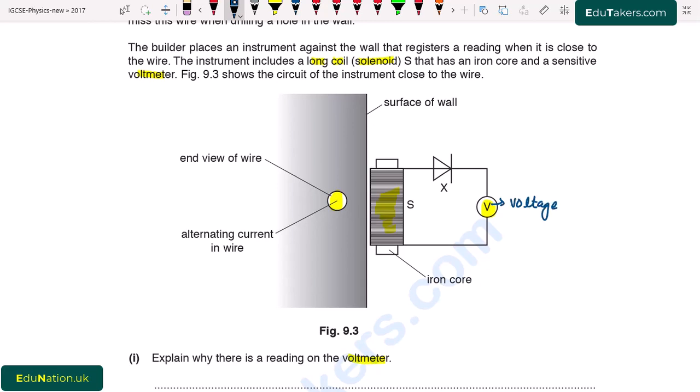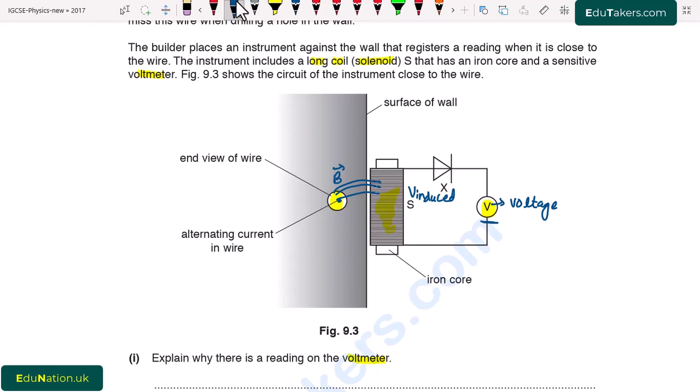So how is this voltage created? First of all, we can see here there is a wire in which alternating current is passing. When the alternating current passes through the wire, there will be a magnetic field. So I write here there will be the alternating magnetic field. This magnetic field cuts the solenoid. Some of these lines are also passing through the solenoid, due to which the magnetic field cuts the solenoid and there will be an induced voltage in the solenoid. This induced voltage is basically measured by using the voltmeter.